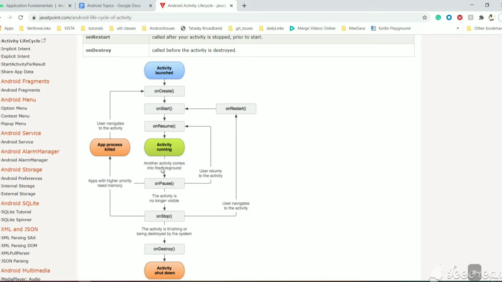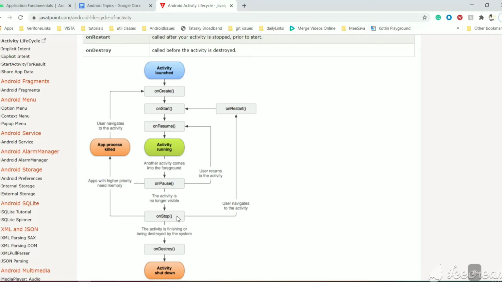And we have known that there can be many activities in a single Android app, and if you want to shift from one activity to another activity then the present activity's life cycle will go to the pause state, and if the activity is no longer visible to the user then it will go immediately to the onStop state.